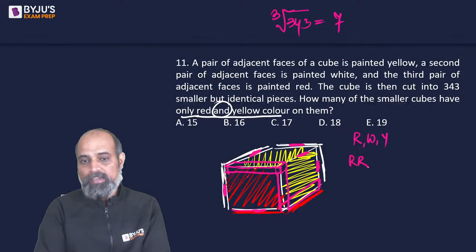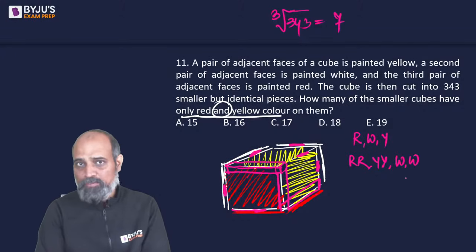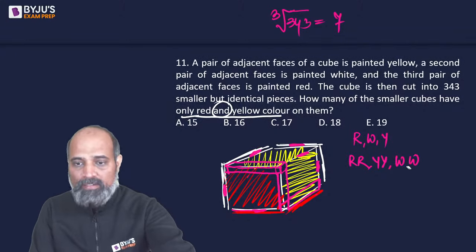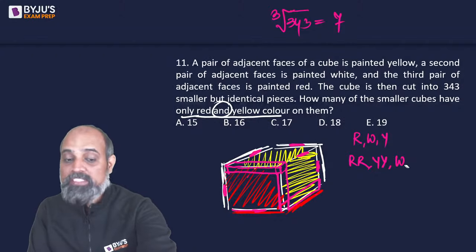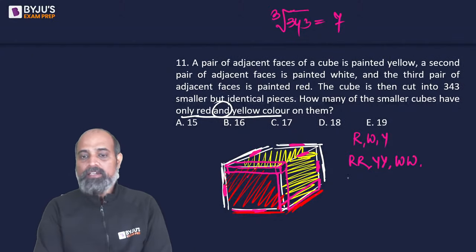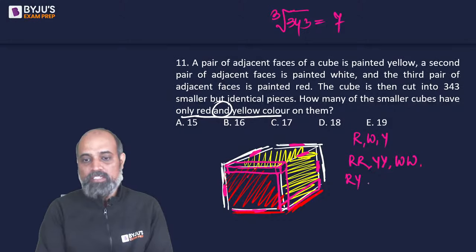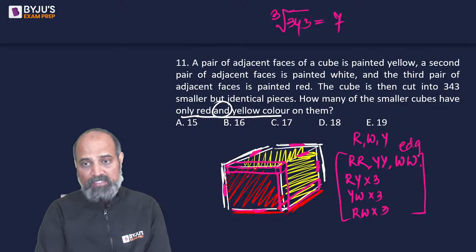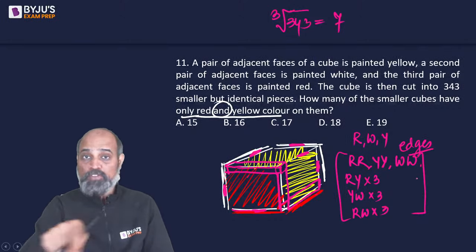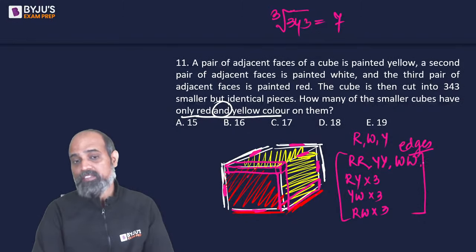For red we are getting 1. Yellow we are getting 1. Similarly, white will be getting 1. Right? As in the cubes with these colors. Then we have red and yellow, 3. Red, yellow, 3. We have white and yellow, 3. And we will have red and white, 3. If you count the total number of edges that I have just mentioned, which will have these two colors pairwise,